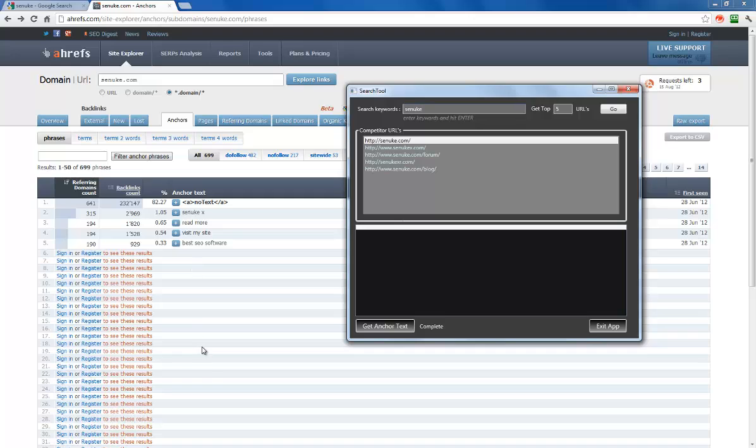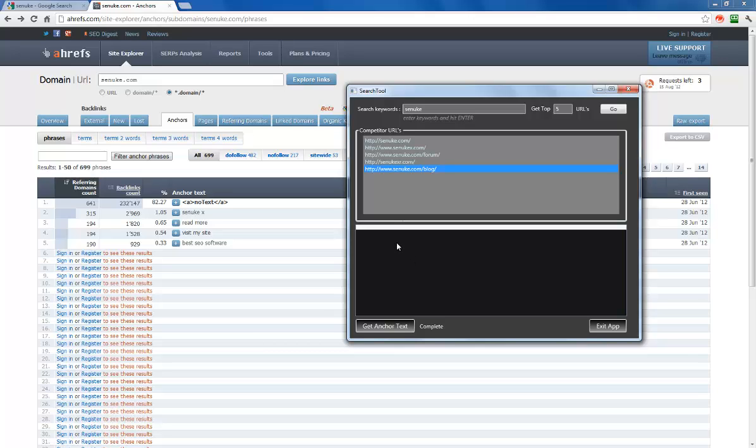It'll give you every single anchor text used by that particular page, and it would do that for every URL in the collected competition URL. So it would start with this one, and then go to this one, then this one, this one, this one, this one, and so on until all of the URLs' anchors are pulled and saved into either a database or whatever. I don't know how you want to do it, but